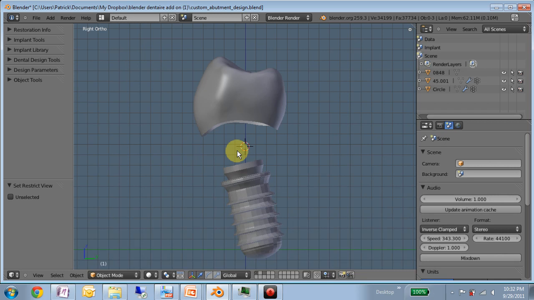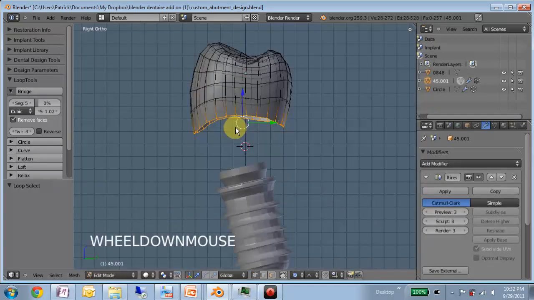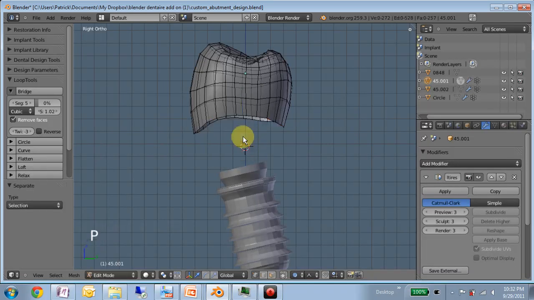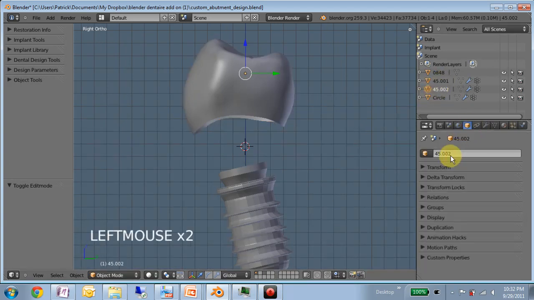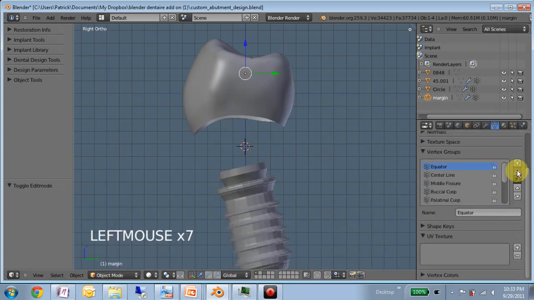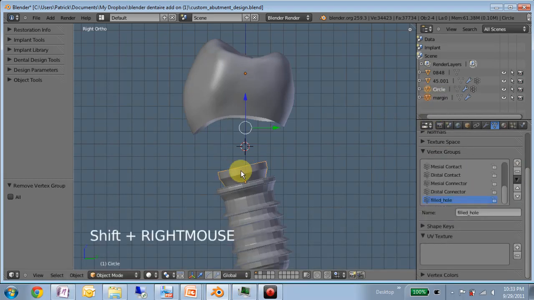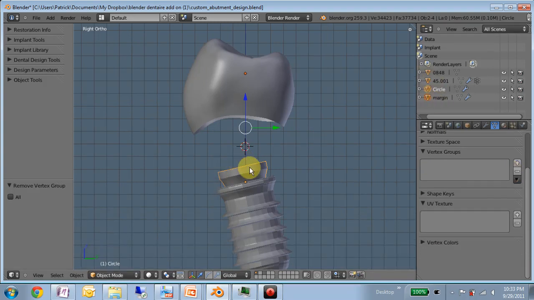So the first thing I'll do is I'll come in here to edit mode, and I'll borrow this loop of vertices by duplicating them and then separating them. Just keep ourselves organized. I'll just clear all the vertex groups. I'll then join that. You can see where I practiced this once before. I'll join that to this